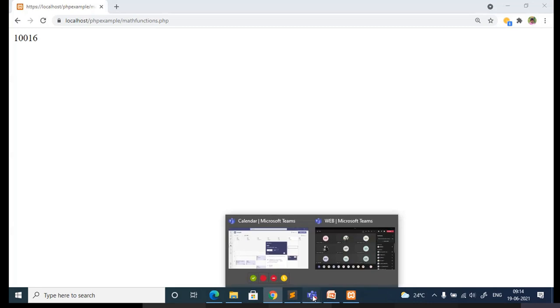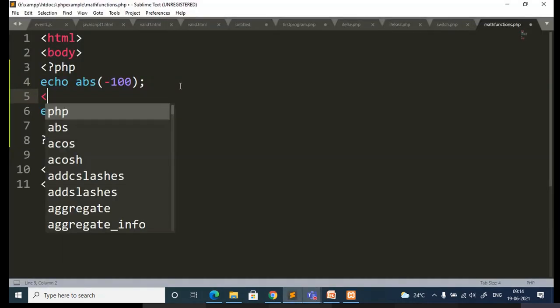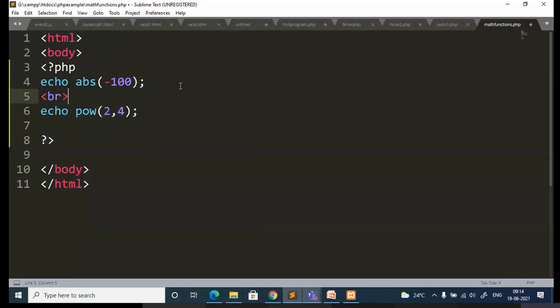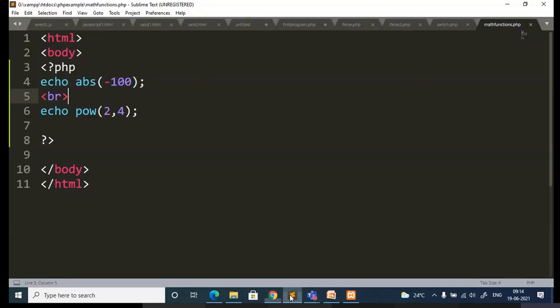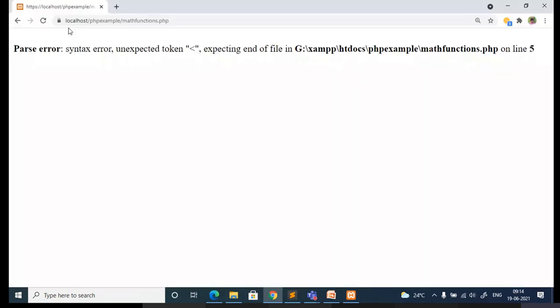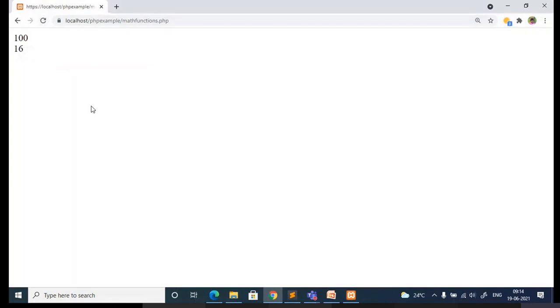Okay, so you can use proper breaks in between. Okay, so that is the power how you can calculate.